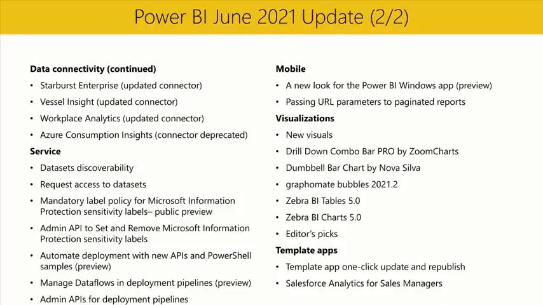Next, we have a few updates for you in the service section. First, we are allowing data owners to make their dataset discoverable even by users who don't yet have access to the data it contains. As a data owner, when you have a trustworthy dataset which you consider as having data that others can benefit from and use to create their own reports, then you'll probably want to endorse it first. With this release, that endorsement will make it discoverable by others, who can then request access to it if they